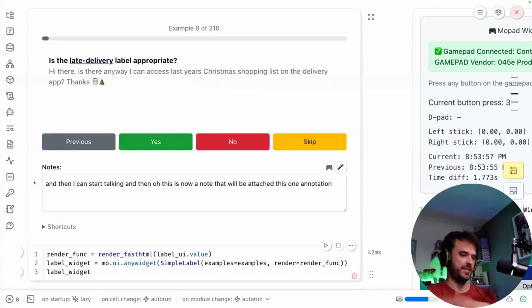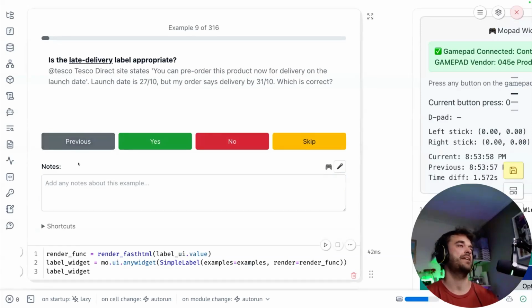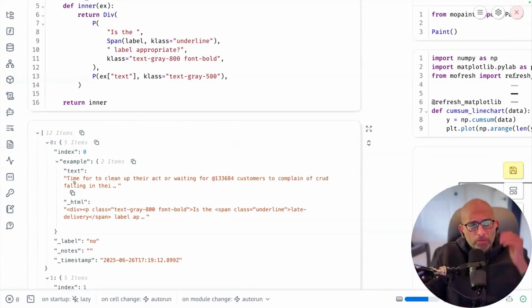If I were to go previous, I can see the note again. There are lots of examples I can imagine, especially in LLM land, where the bot made a mistake here. But for downstream tasks, I have to explain why this is a specific kind of mistake, right? So for that use case, I also make it easy for you to just add a note. If you look at the annotations at the bottom here,